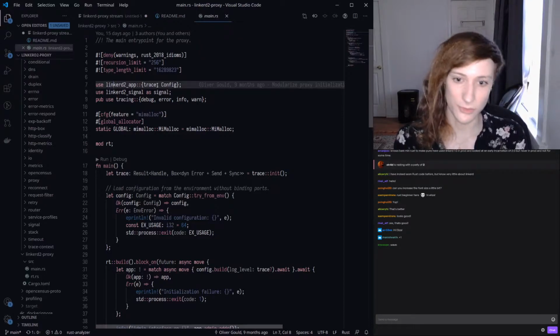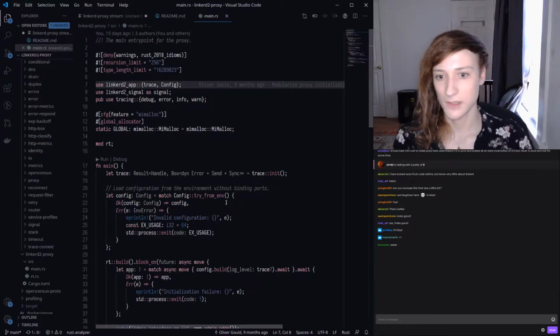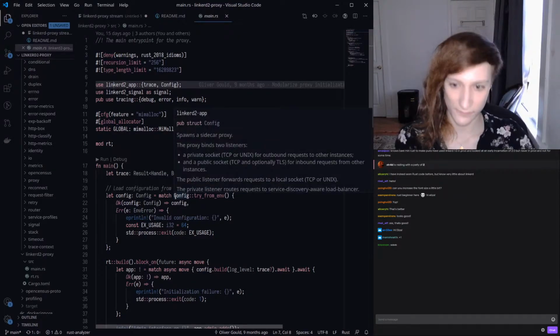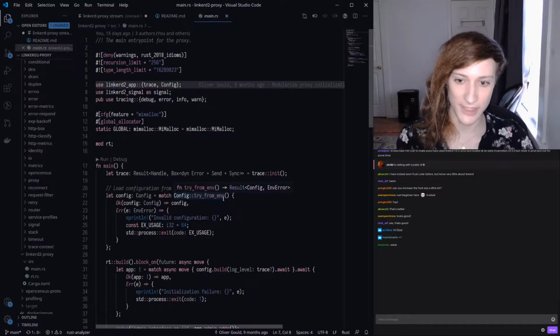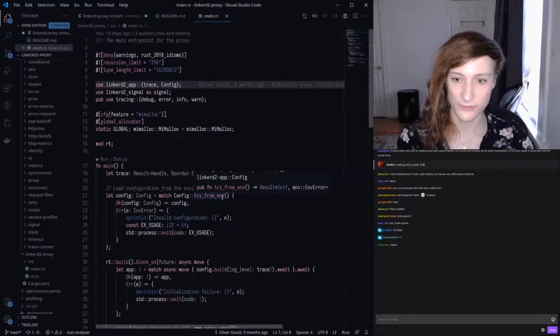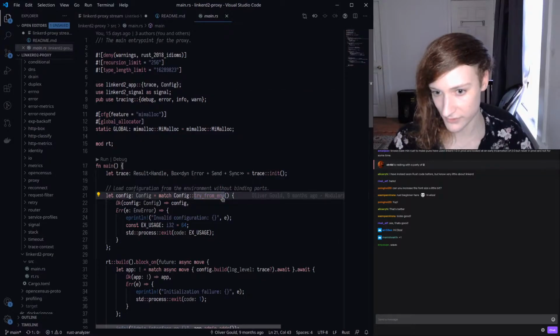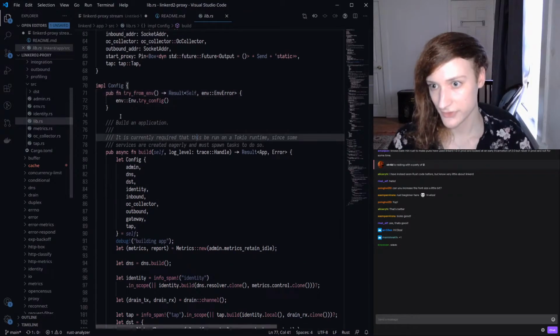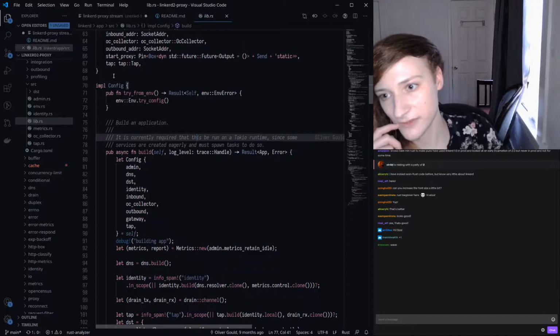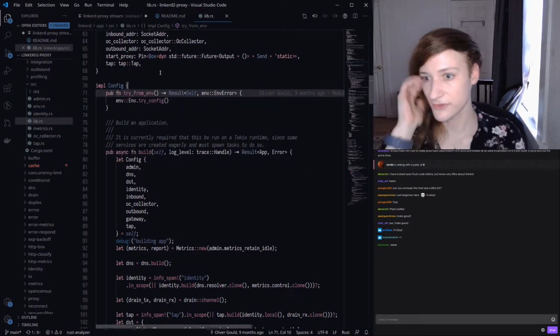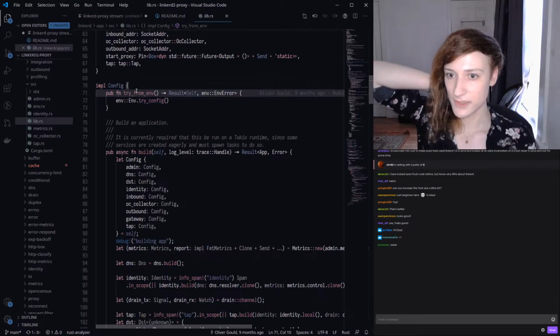And also types can have associated functions. So here Config::try_from_env is calling a function that's defined on the Config type. And if we just click through and see that, here's a function definition. They begin with fn, which is the keyword to define a function. There's the name of the function.